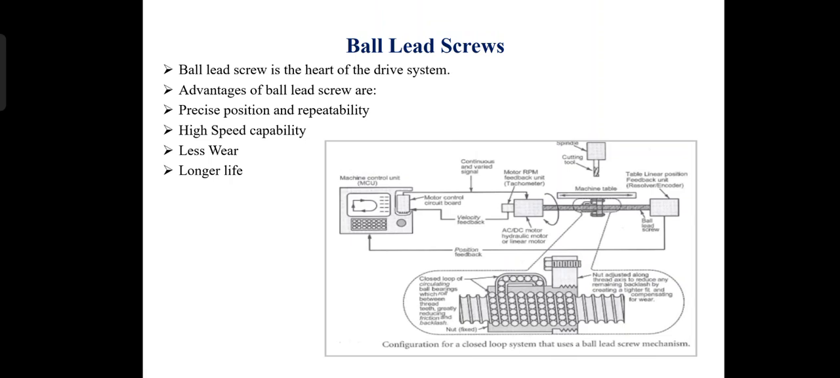Ball lead screw. The ball lead screw is the heart of the drive system. These are the advantages and disadvantages of the ball screw: high precision position and repeatability, high speed capability, less wear, and longer life. As you can see, the machine control unit starts from the machine control circuit board and velocity feedback control system, as we have already discussed the open loop control system, and also we have discussed